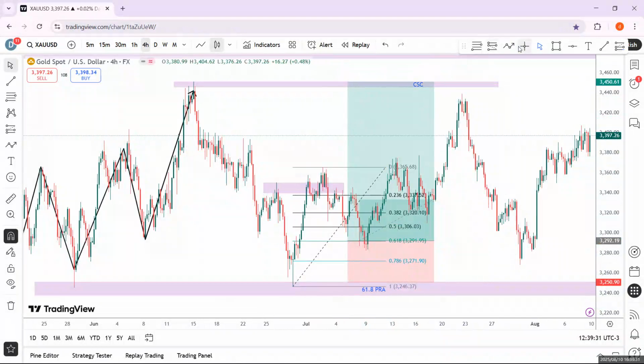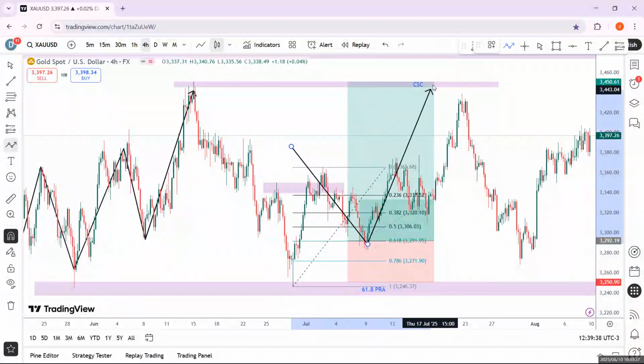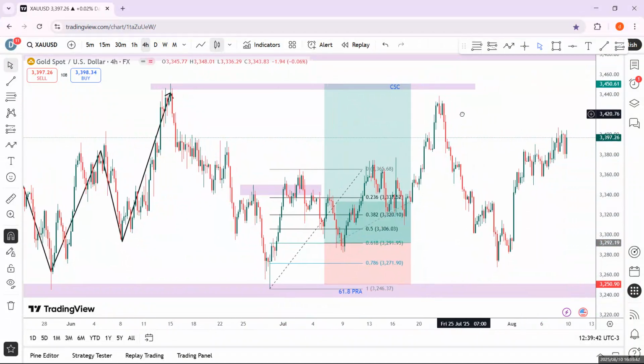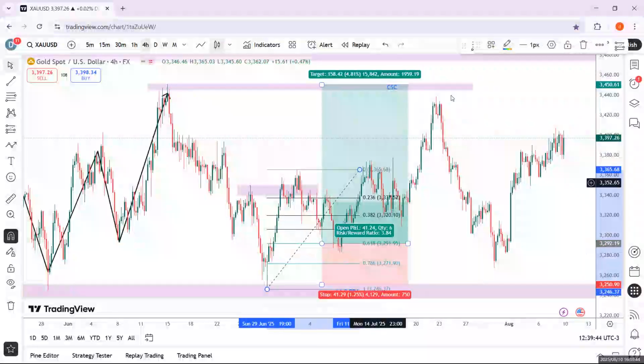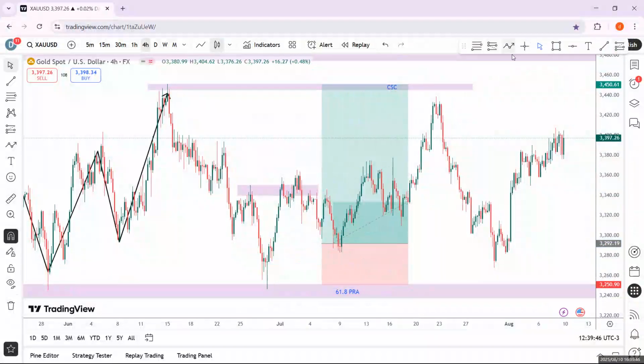There's a change of character. Okay, you can see that this one's change of character, then came for a discount, and right now this is our take profit. However, we can see that price almost got to take profit, but then it lost momentum and came back down. And right now, price is now ready to,